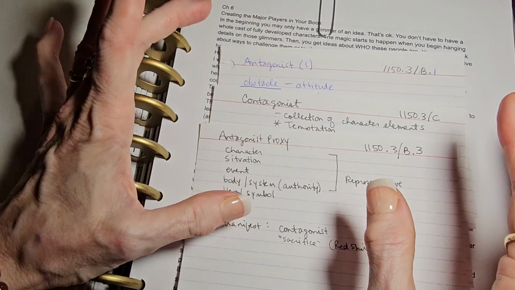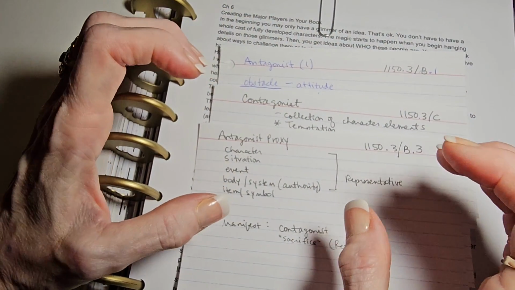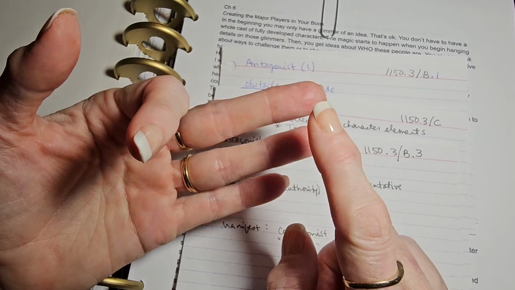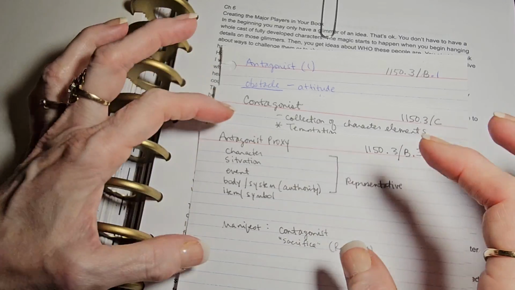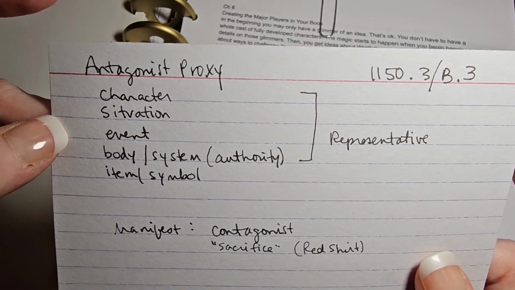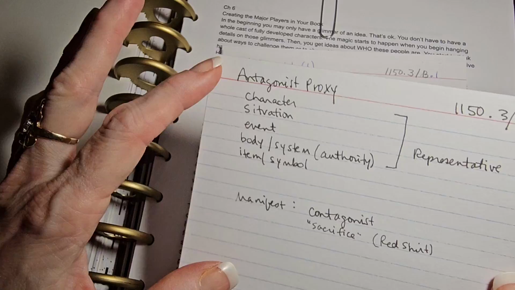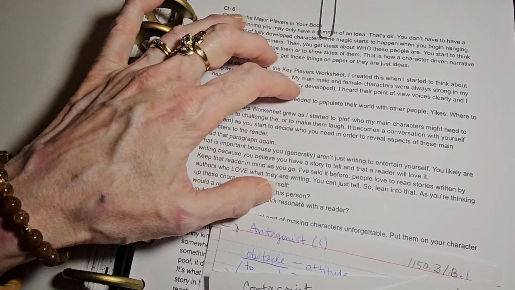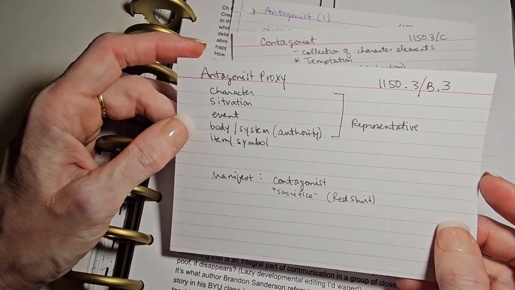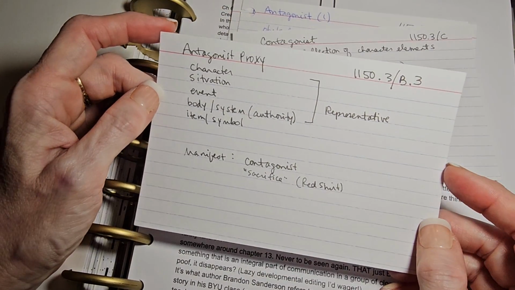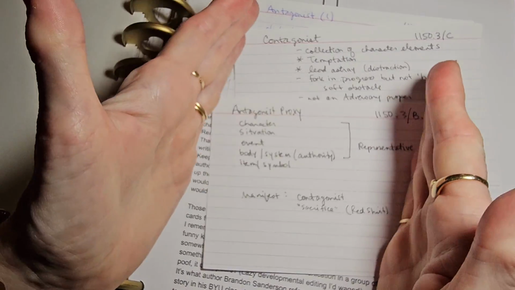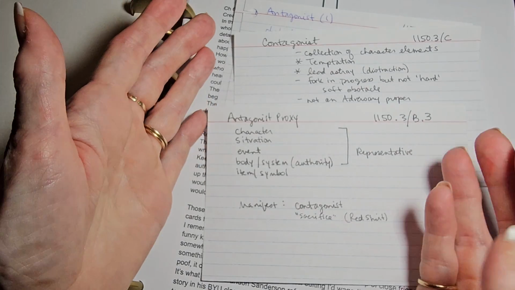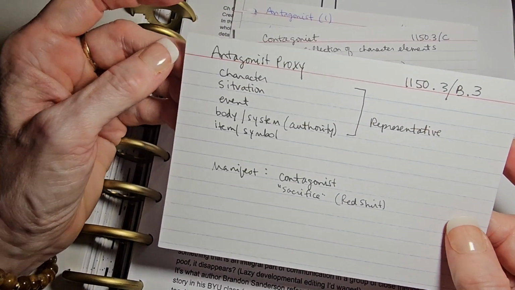We've been talking over the last few episodes about different kinds of players in your story. We've talked about the protagonist, the antagonist. I've introduced you to the idea of the contagonist, and today I want to introduce you to the antagonist by proxy. So the contagonist is a subset of this category, which I get pretty deep into in the book. But for our purposes, I just want to walk you through this. Tomorrow, I will introduce you to the villain, and then we're going to set off on a journey of creating our character cards to manifest these characters so that you can flesh them out for your story. So let's meet the antagonist proxy.